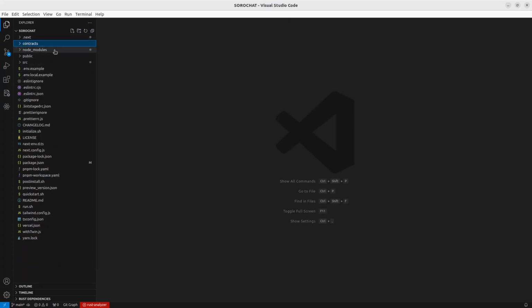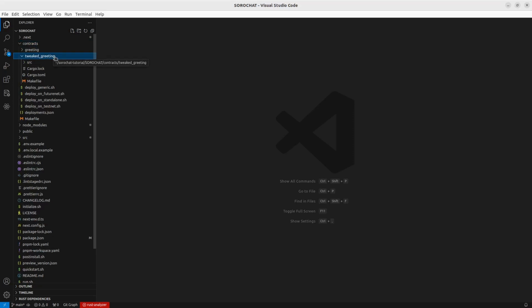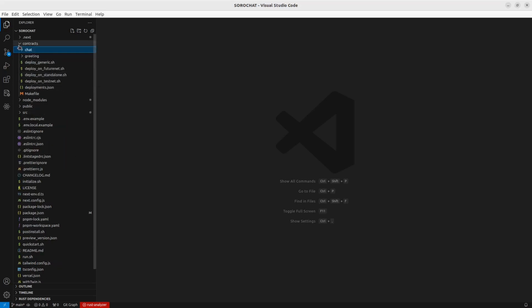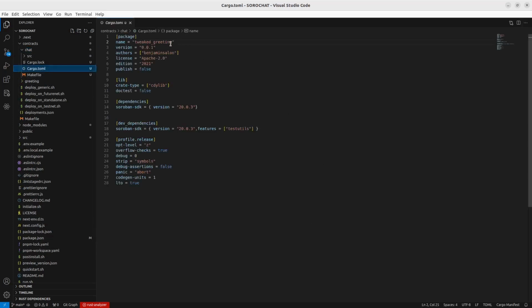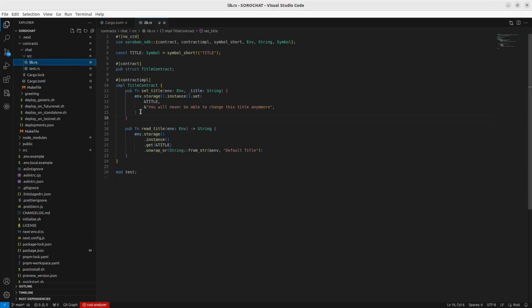So I am here in the main folder of the dapp, and I'm going to go into the contracts folder. I can see here that I have two different contracts. Greeting is a contract that is currently deployed and used by the dapp. I'm just going to use this twig greeting, which is just a slightly modified version of the greeting, as a baseline, as a boilerplate for the chat contract. So I'm going to change the name here. I'm going to change the configuration file here to put it to chat,